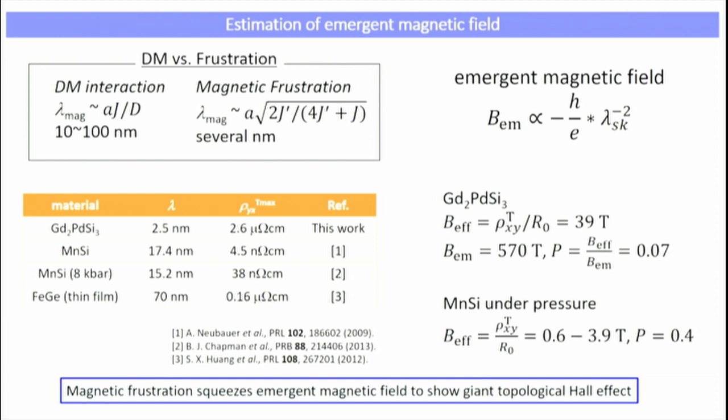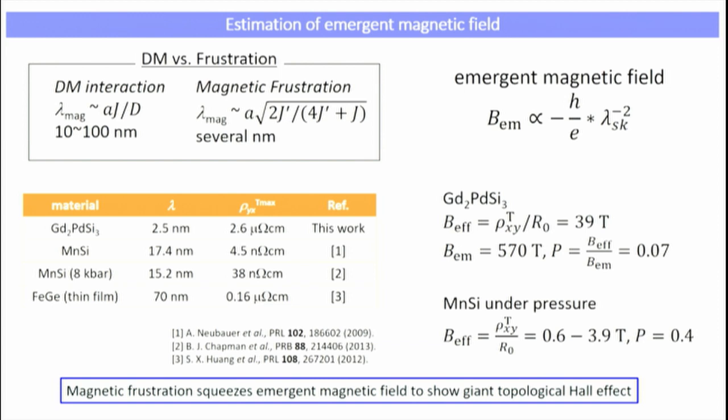This is because the spin is not fully polarized. So the conduction electron spin up and down feels the opposite value of the topological Hall signal. So it's cancelled out, but the uncancelled component is observed as a topological Hall effect. So the polarization factor is estimated to be 0.07, which is almost one order of magnitude smaller than that